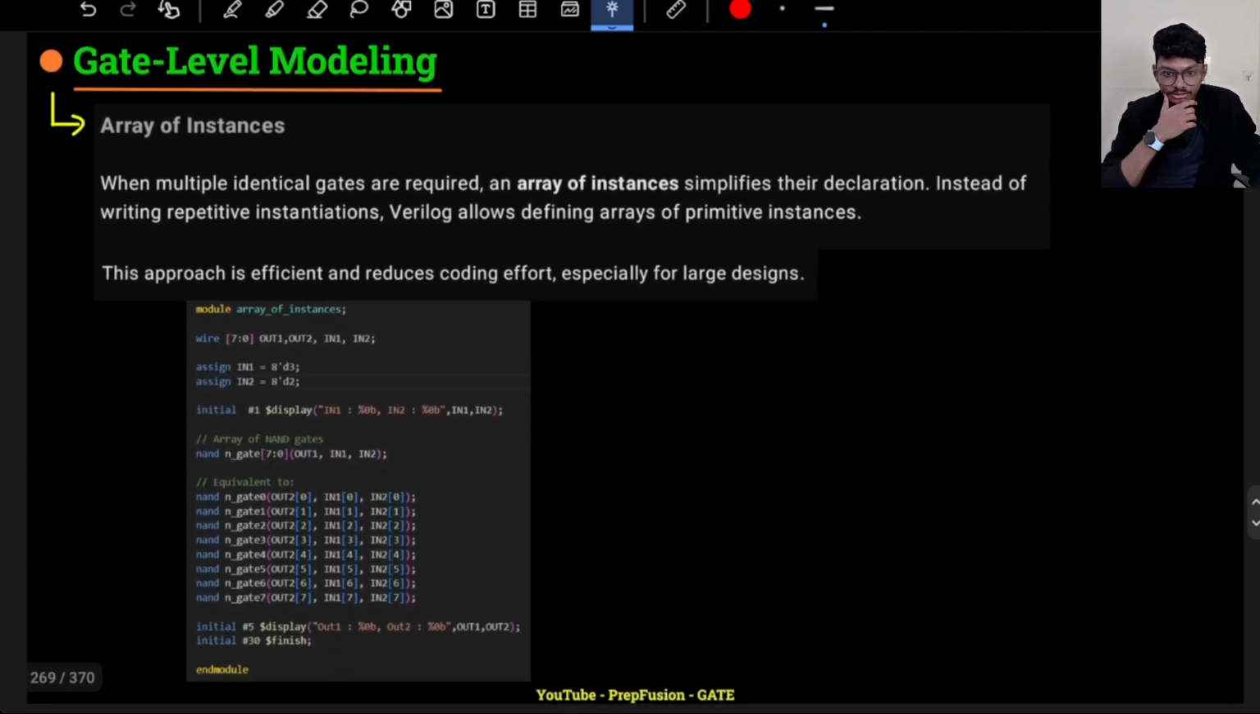So if I can open the gate level modeling, correct? If I just open the gate level modeling, yes. So it is not opened here. Now I think, yeah. Now let's come to